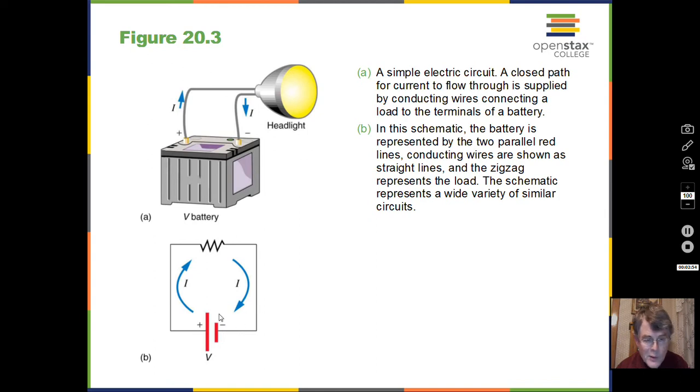Well, so what's the deal with this slide? Is it a mistake, a typo? Well, if you go back into the library, if you have a library with some old books in the collection, you'll find that this current direction has been the choice since the early 1800s. It's a traditional current. Again, Benjamin Franklin got us started here thinking that there was only one sign of charge, the positive charge,